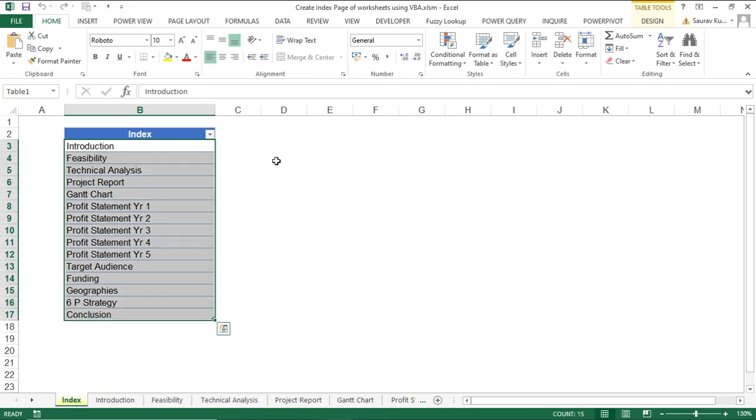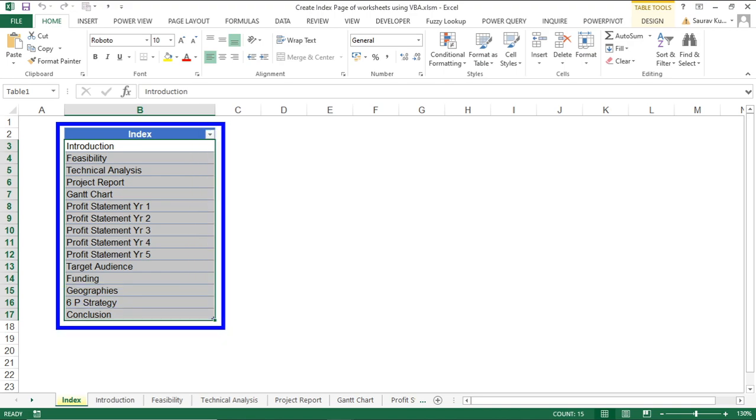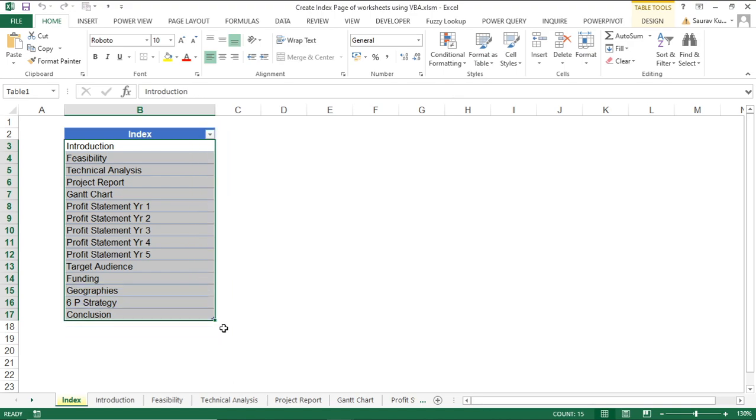But just imagine when you actually work in a real life environment, when you work on real life projects, your number of pages might run into 40 and 50. So creating an index is a mammoth task in the end, and after so much hard work you deserve to have something automated to give you very quick results and give you a sigh of relief. Okay, so now basically our objective is we will automate this part so that the index is created automatically. Okay, clear on this?